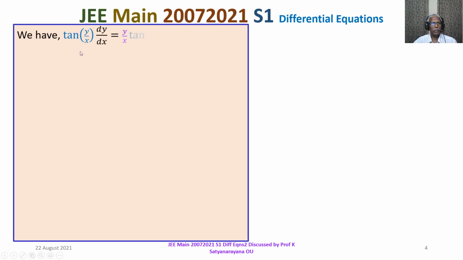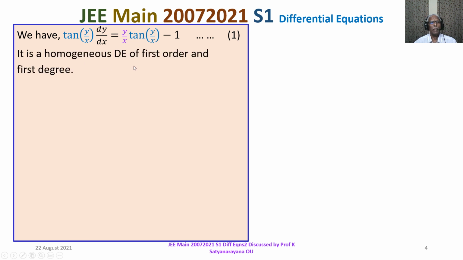We have the differential equation. Call this equation 1. So it is a first order and first degree differential equation, and it's also called a homogeneous differential equation. And for a homogeneous differential equation, the method is put y is equal to vx, where v is a function of x, then dy by dx is equal to v plus x times dv by dx, and the equation now becomes